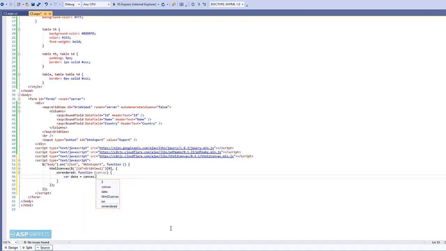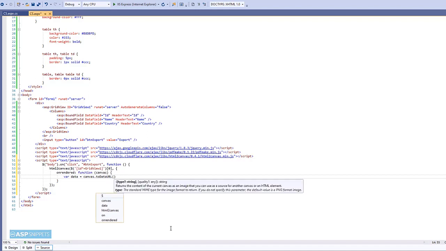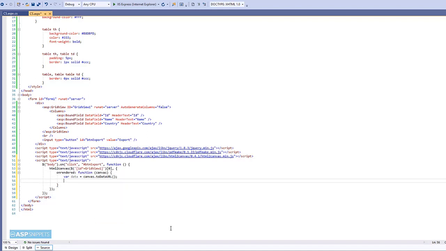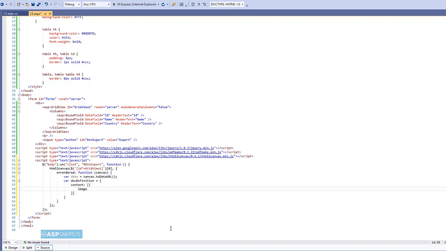Inside the onrendered event handler of the html2canvas function, I am fetching the GridView image using HTML5 canvas. So the idea is to convert the GridView to an image and then export the image to PDF using the pdfmake plugin. So that is the reason I am using two plugins.